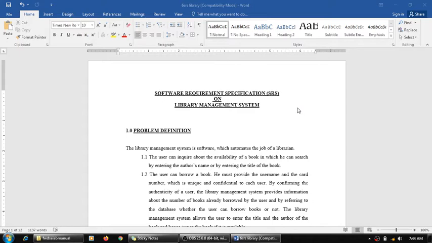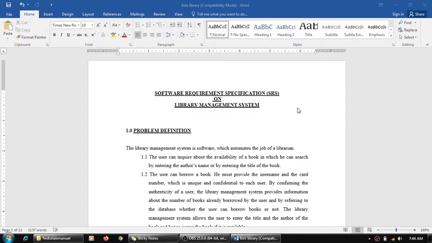are included here. So broadly we have seen that SRS consists of three things: functional requirements, user requirements, and goals of implementation, right? Or you can say user and system requirements, which are further divided into functional and non-functional, and constraints applicable on them, right? Now this is a structured template.